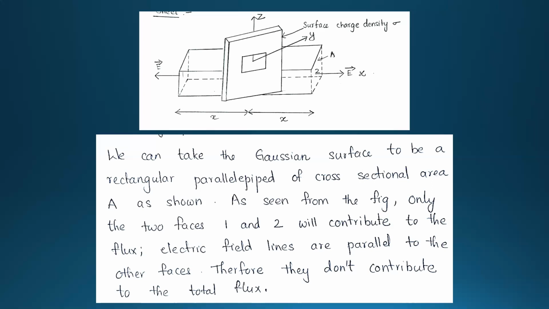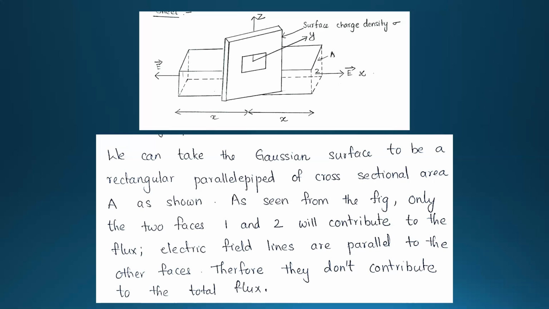Similarly, if you look at the front surface, the normal to the front surface will be towards our side. Then the angle between electric field and the normal is once again 90 degrees. Therefore, that will also not contribute to the flux. If you see the back surface, the normal to that back surface will be outwards in the backward direction. Now the angle between electric field and the backward arrow is once again 90 degrees. Therefore, that will also not contribute to the flux.